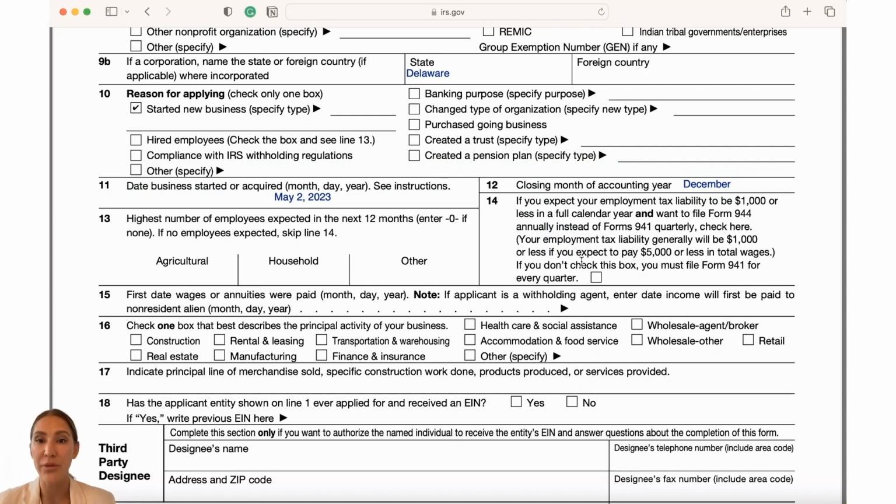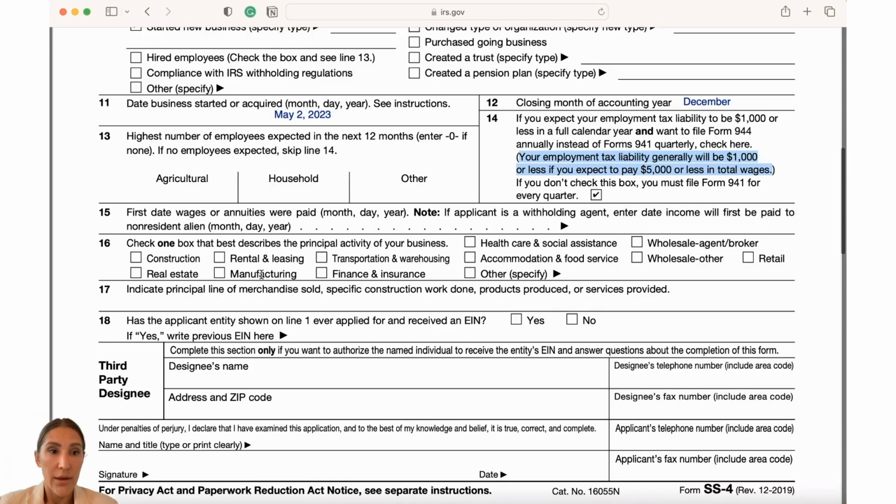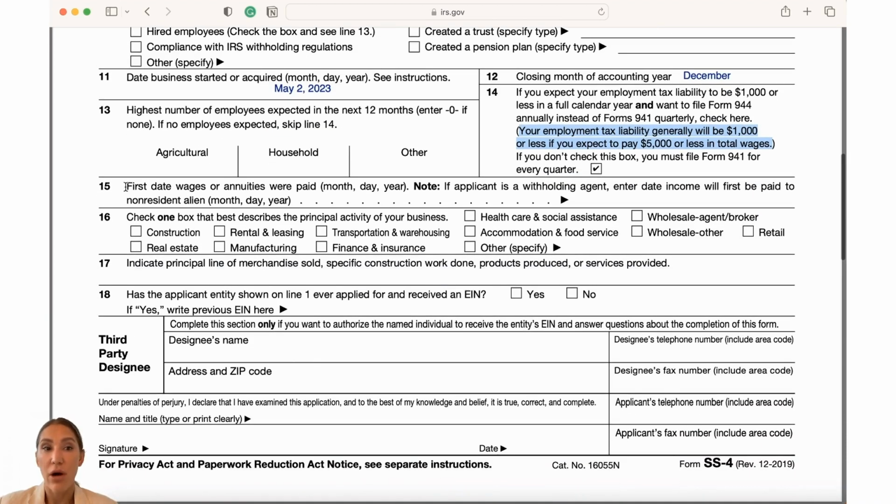If you expect your employment tax liability to be less than $1,000, then you check here. So it depends on whether you're planning on hiring employees. Employees are those people to whom you issue W-2. Sometimes startups hire consultants in the beginning, so you wouldn't have any employment tax liability. So basically, the explanation is here. Your employment tax liability generally will be $1,000 or less if you expect to pay $5,000 or less in total wages. If no wages, no tax liability. This is not applicable if there are no wages, but if wages were paid, then you would need to